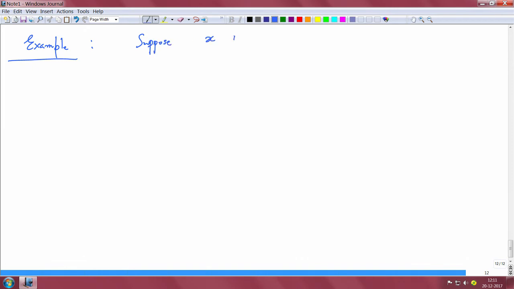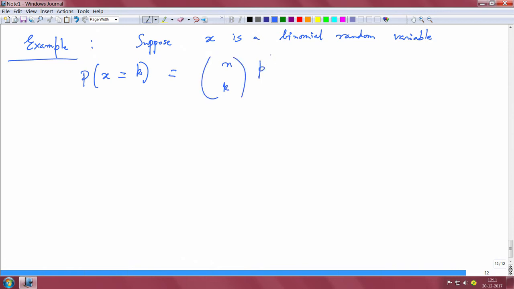Suppose X is a binomial random variable, then the probability that X equals some k is given by n choose k, p to the power k, (1 minus p) to the power n minus k. This is the probability mass function, and the probability distribution function is given by